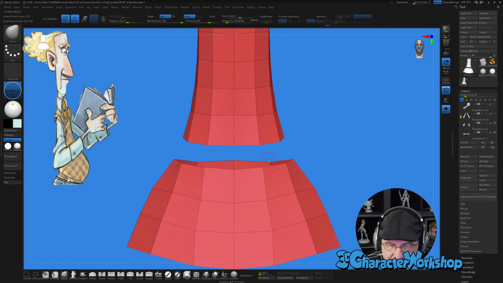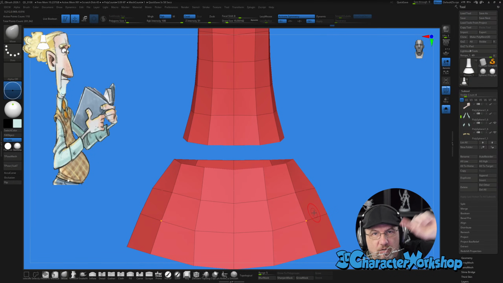Yeah, that's what happened. Okay, so note to you guys, if you're using that band, extruding a whole entire edge ring, turn off symmetry to do it. Otherwise you'll have duplicate rings.